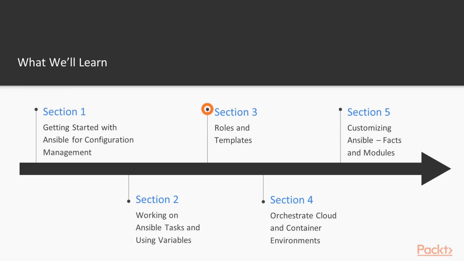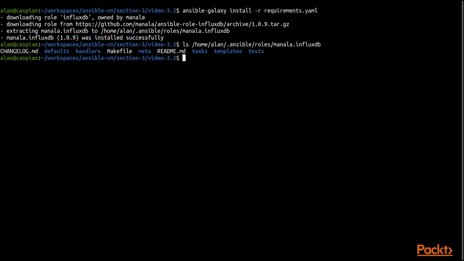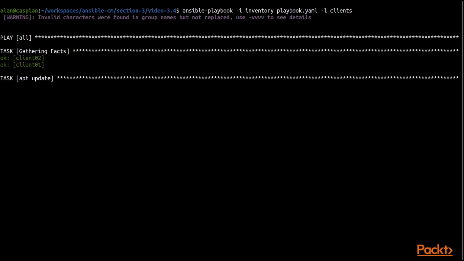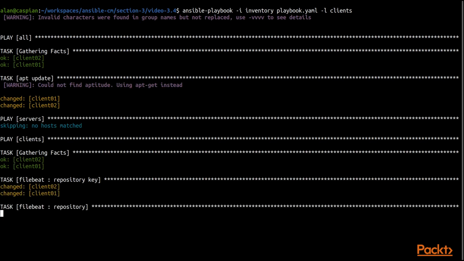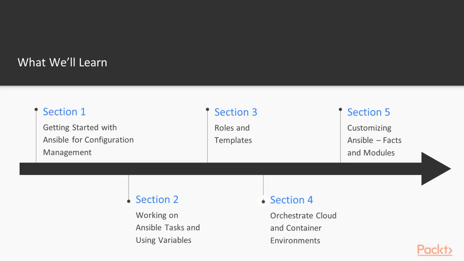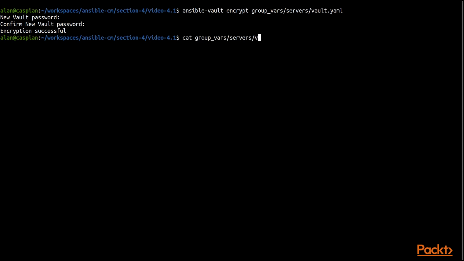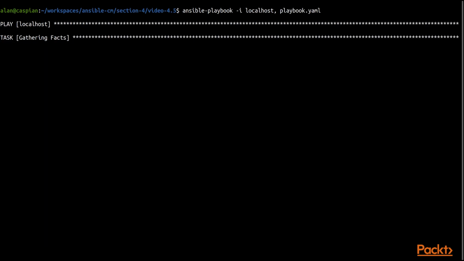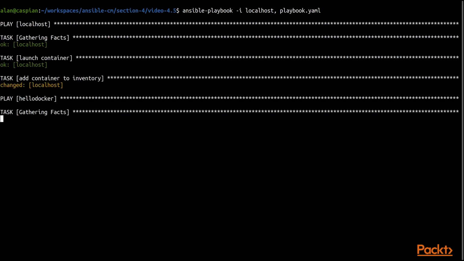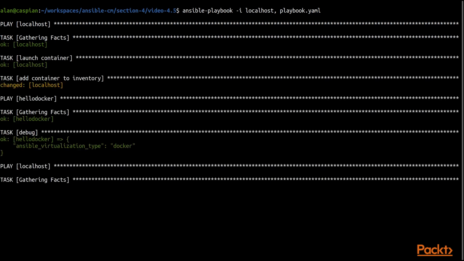In section 3, Roles and Templates, we'll look at organizing the automation into logical groups that accomplish related functions, and we'll look at how Ansible has hundreds of roles that you can download and immediately start using to automate your systems. In section 4, Orchestrate Cloud and Container Environments, we'll show how Ansible can automate the creation and maintenance of resources in Amazon Web Services and other cloud environments, and how Ansible can interact with Docker and Kubernetes to orchestrate